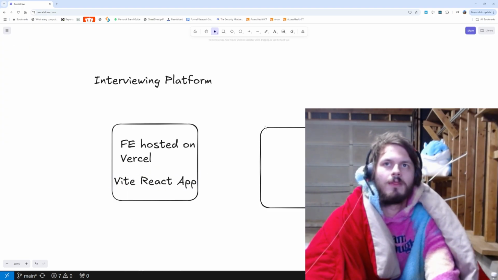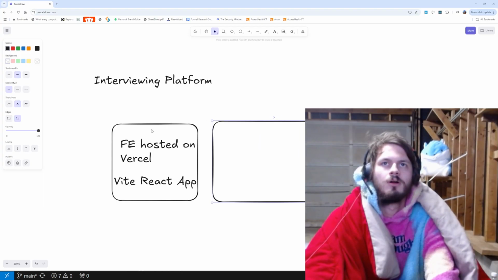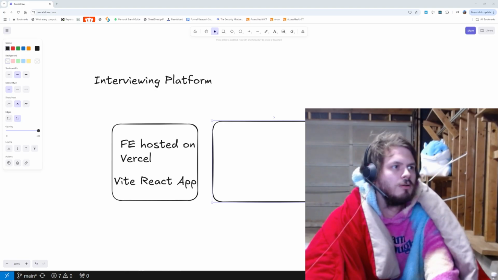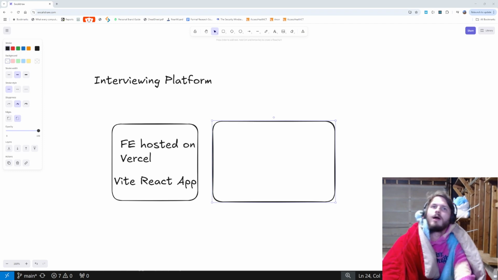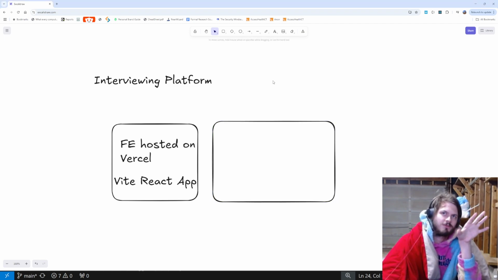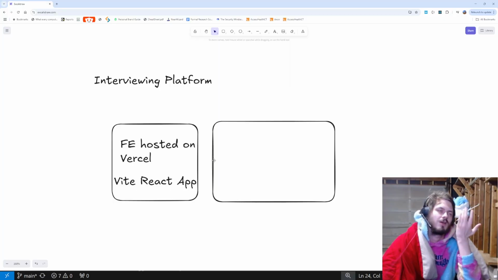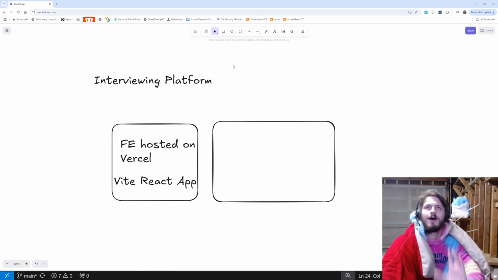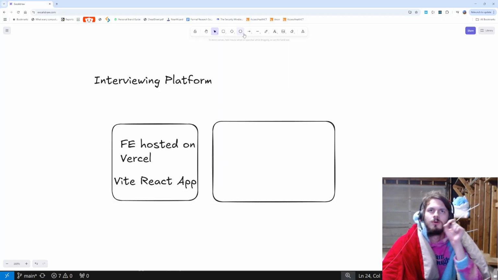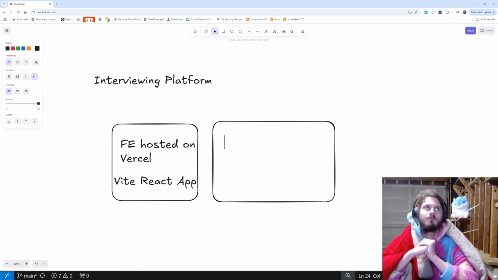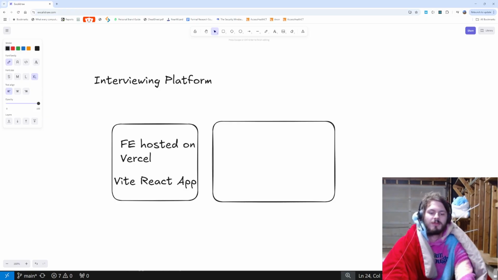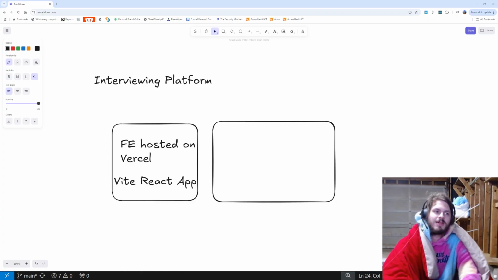All right, and then over here, let me shrink myself down a little bit. All right, so we have our front end. We're going to host it on Vercel. It's going to just be a Vite React app, TypeScript, basic on that. Then we're going to have our backend. Now we can have multiple different layers for backend. We could even have it as multiple different services, but the high level things that we care about for our